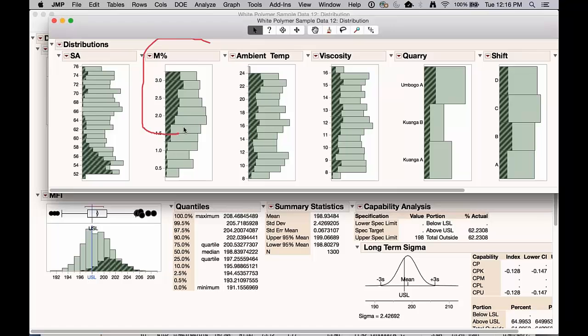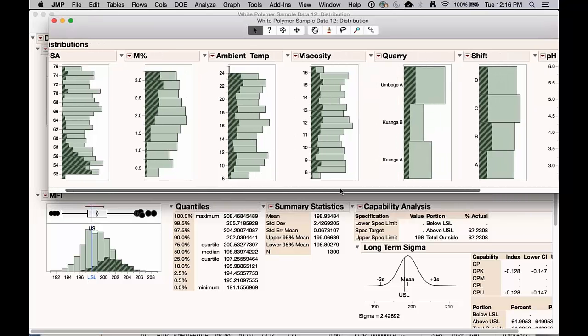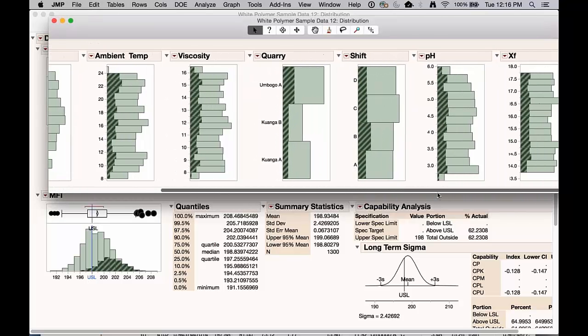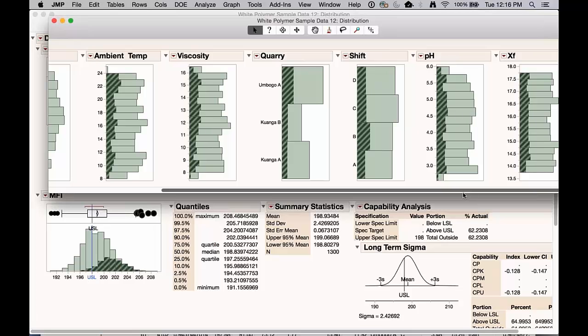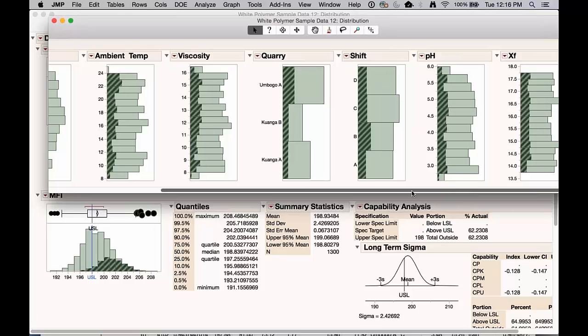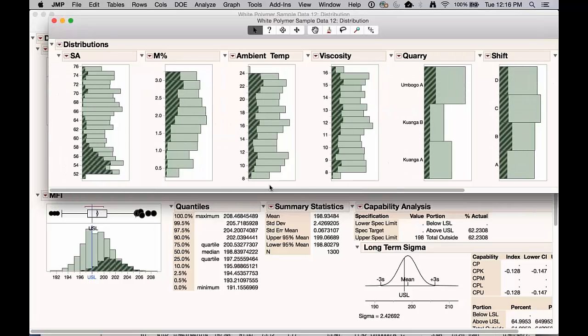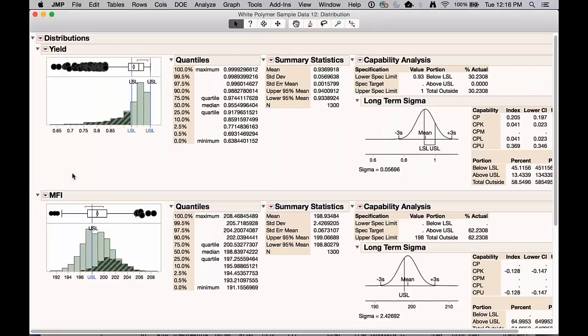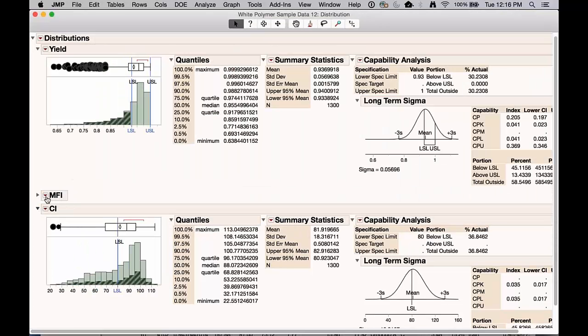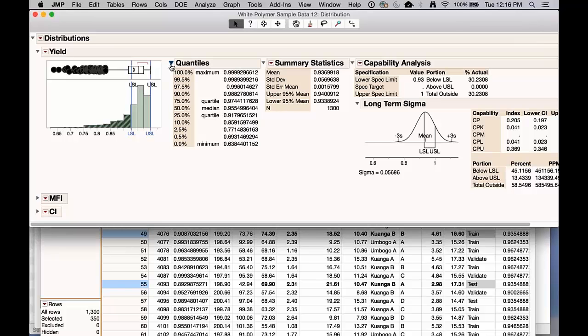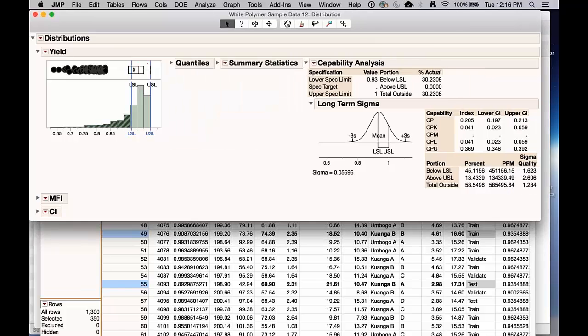Here's the modifier percentage. You can see when things are high, they tend to have bad yield. So you can just slide across and explore your data this way and try to understand if there's a relationship just visually. So this is quite powerful. This is quite strong. Now another thing I can do besides just doing that, if I'm just going to take a look at yield up here,